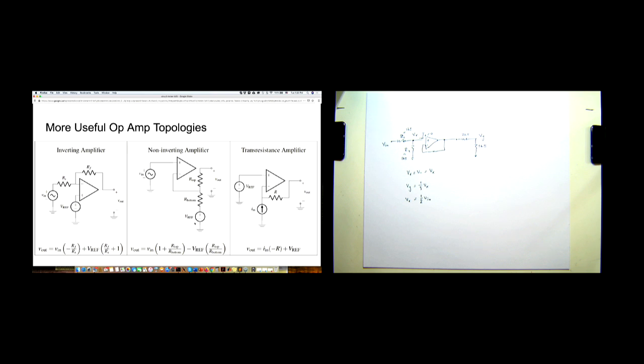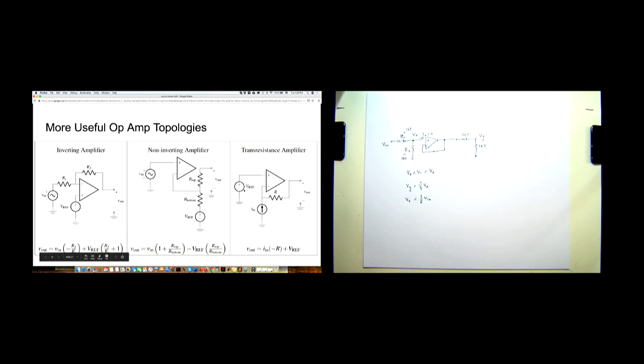So if you want to implement a certain ratio between the input and output voltage, you can do both negative ratios and positive ratios of your choice, depending on what resistors you choose to have there. You can have ratios that are lower than 1 or bigger than 1, right? It's up to you. You can pick your resistors and create that ratio. That's the main difference with the voltage divider, where you could only divide down, right?